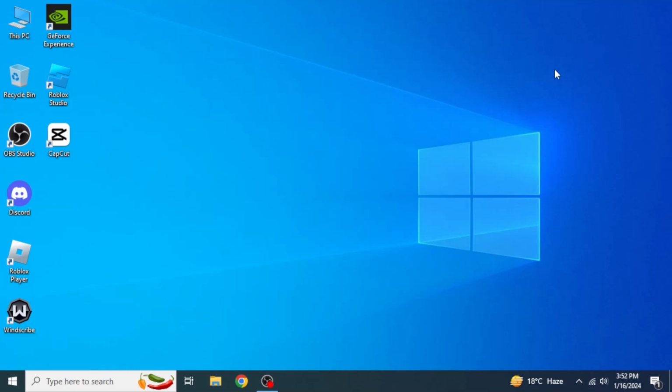In this video, I'm going to show you how you can add keyframes in Capcut PC. So the first thing you're going to do is open Capcut in your system. If you already have an icon of Capcut on your desktop, you can just simply double click on it to